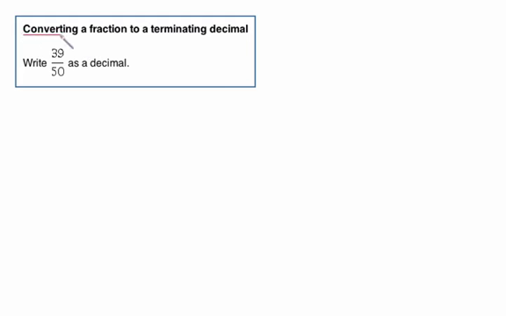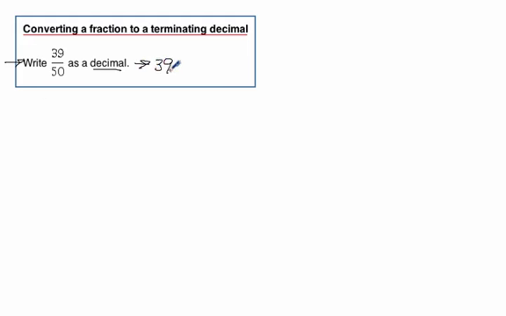Here we're going to look at converting a fraction to a terminating decimal. This is one of those fraction things that, don't worry, it's not that bad. It just says write this 39 over 50 as a decimal. What's that mean? Well, it means